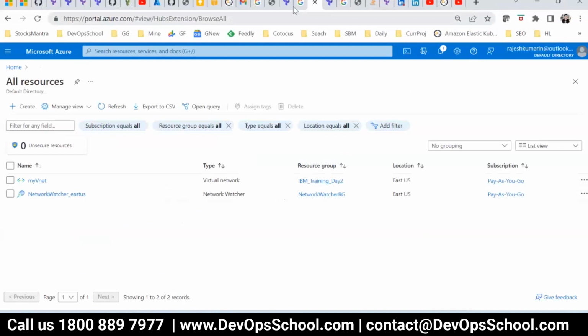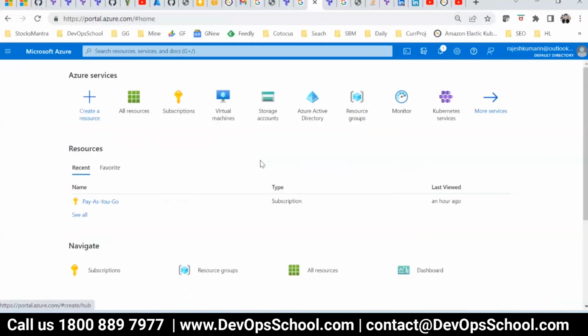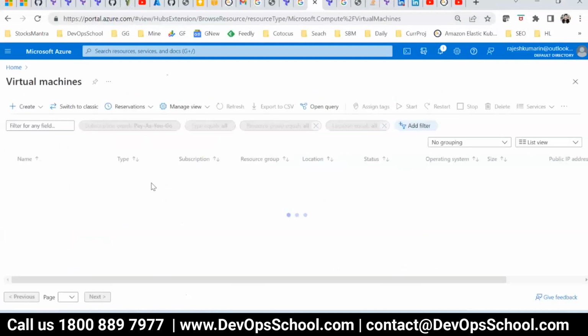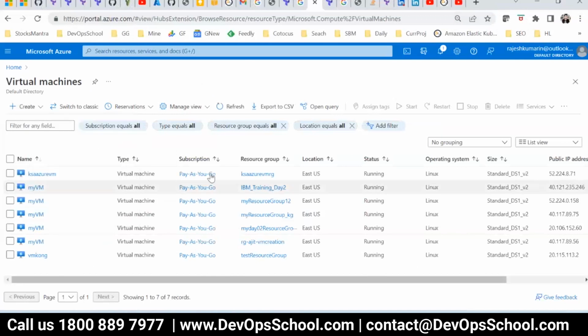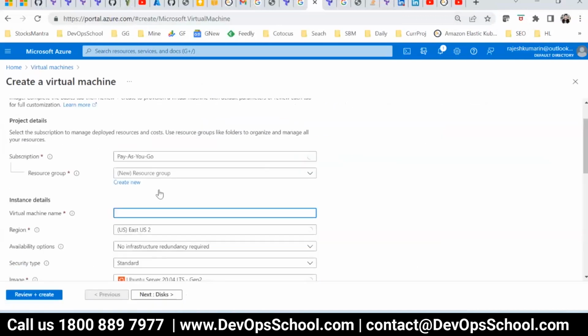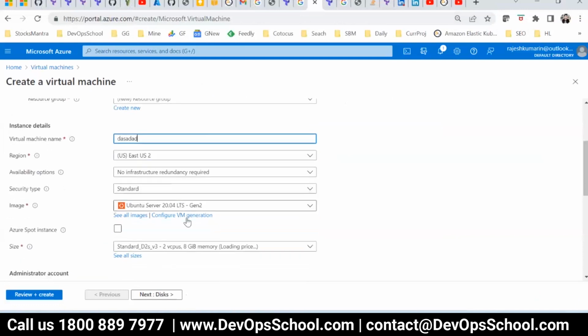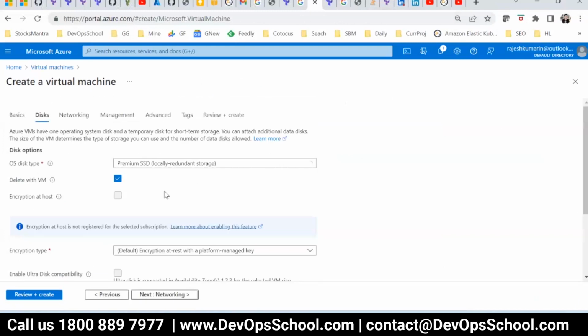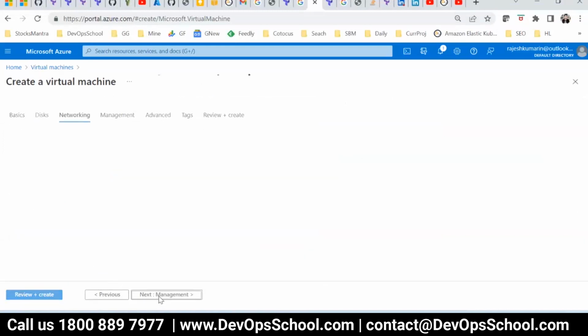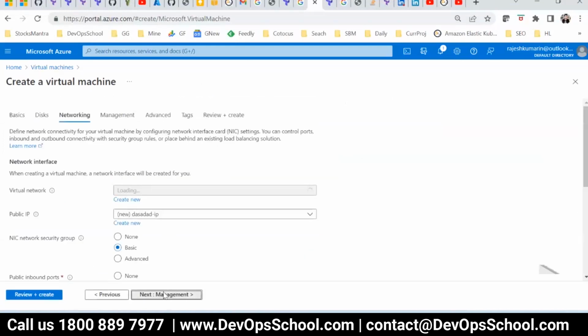Where is that? Here. So this is Azure. Create a VM, Azure VM, and here you select all the stuff, whatever you want, and next, also next, and also next.